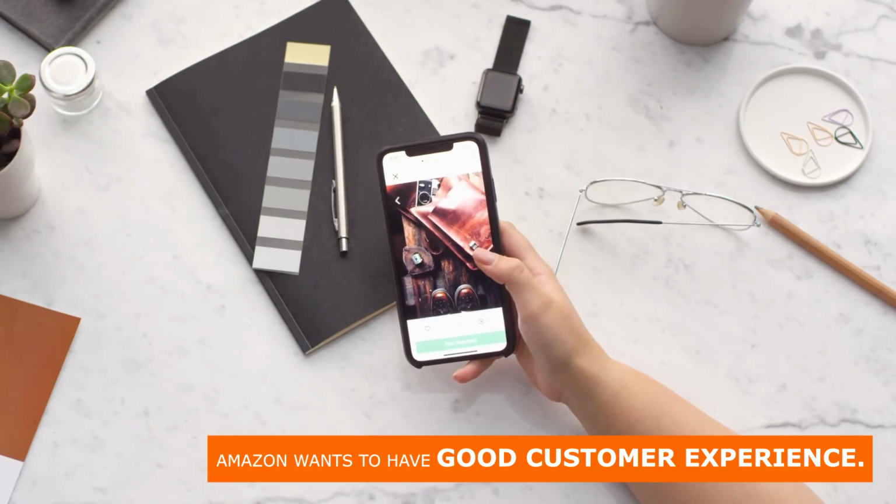So this is the one thing, and you can find the right set of keywords by going to Helium 10 Tools. It's $97 per month, and you can use it for 1 month. If you don't like it, you can always ask for a refund. They have a no-questions-asked refund policy. Or you can use a website called keywordtool.io. I'm giving the link down in the description below. You can go in and access the site over there. Just type in any keyword; it will give you related keywords to that product.